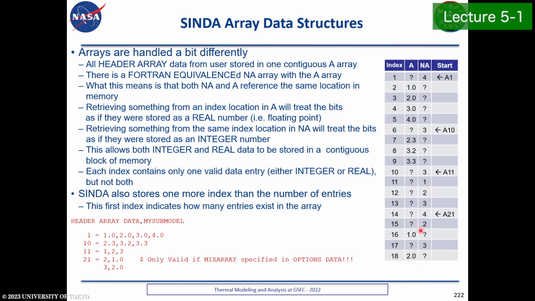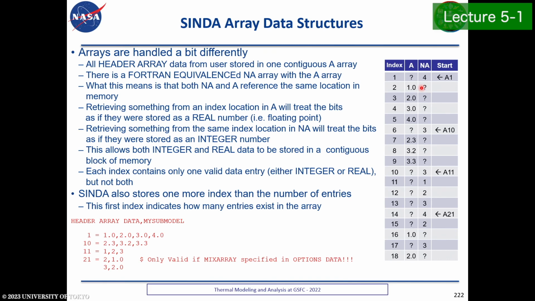So I could go and say, give me array index number 16 for an integer, and it would give me gobbledygook. It'd be gibberish because it's whatever the integer representation is of the bits that make up a floating point of 1.0. So this is a way that was used way back when because they had to be careful with